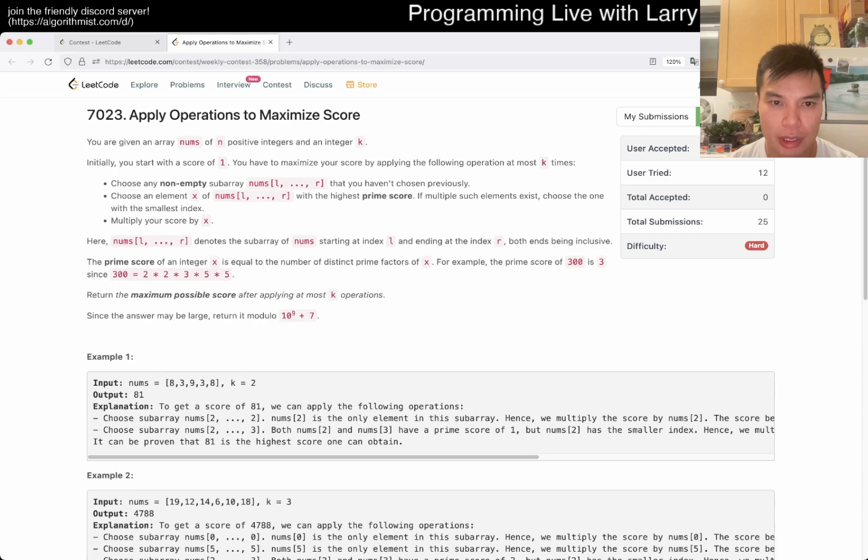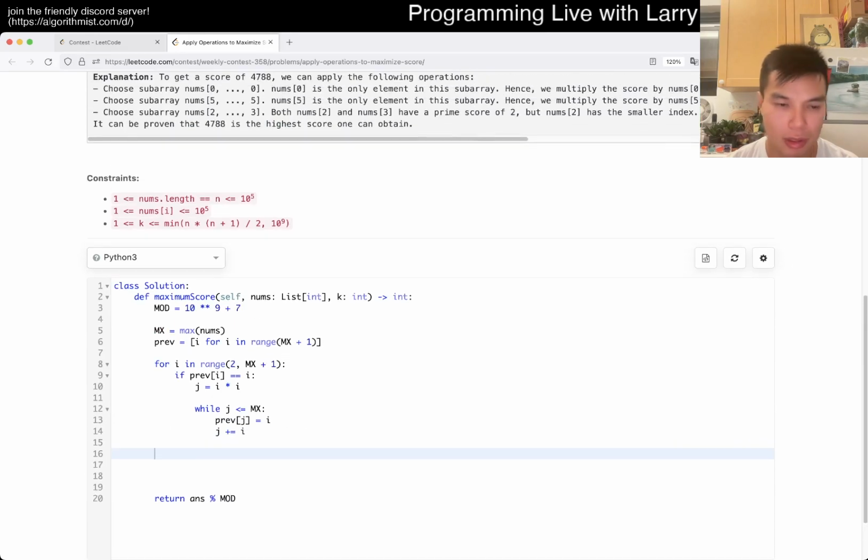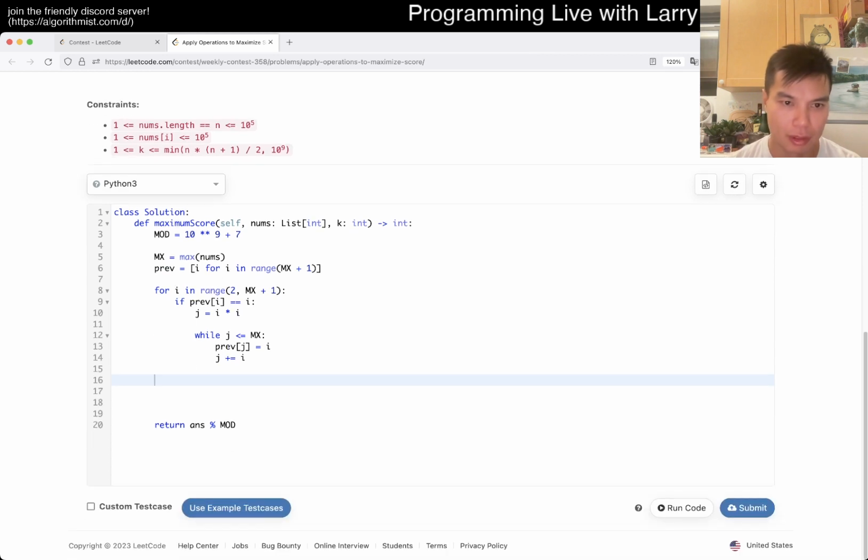Number of unique prime factors. Okay. I feel like some people pre-calc this. Hopefully I don't need to pre-calc this. If I get TLE, I'm gonna be sad. But okay. And now